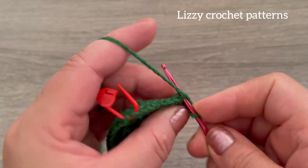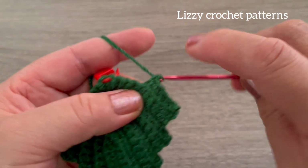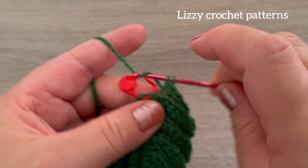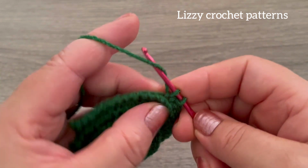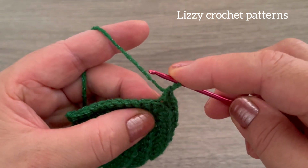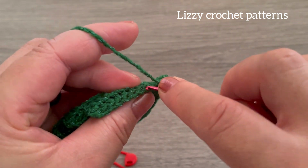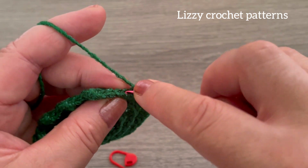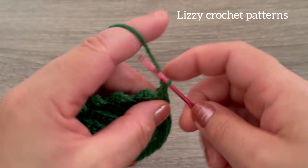So we are going to work just making 1 single crochet in each stitch until we reach the marker. And when you reach the marker, make the increases. And now continue making single crochet until we have 2 left. One chain and turn,